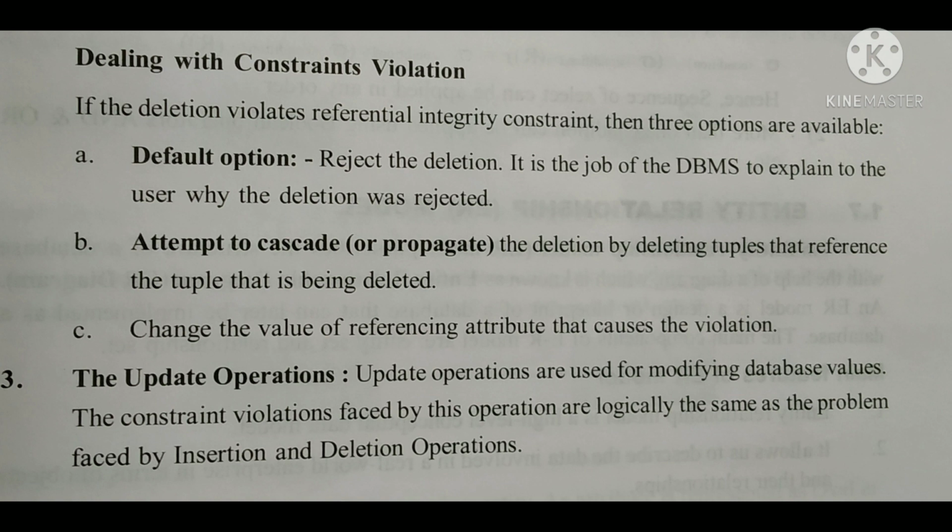To delete some specific records from the database, a condition is also specified based on which records can be selected for deletion.